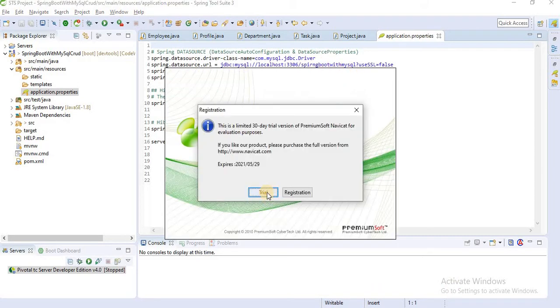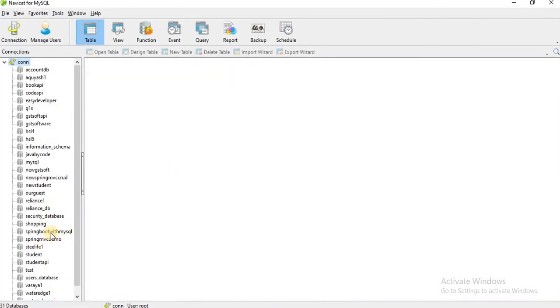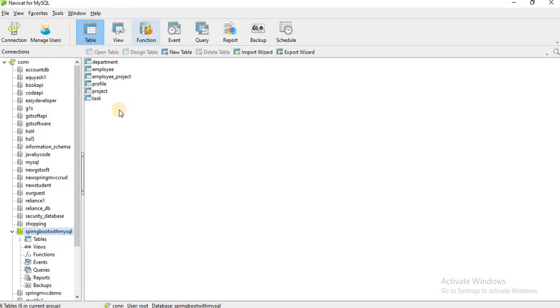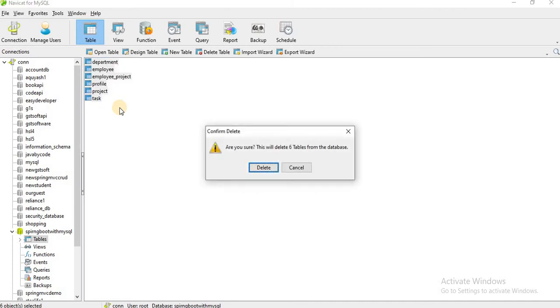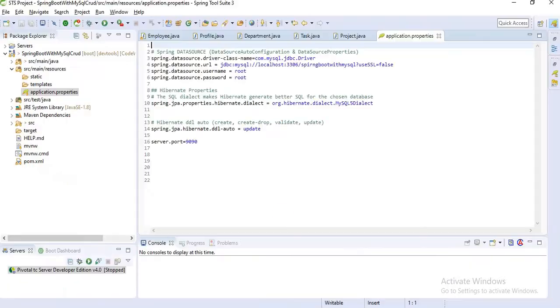Let's open this and search for springboot with MySQL. Here you can see we have multiple tables. I'll delete all those tables because mapping is already present in them. Delete all tables.